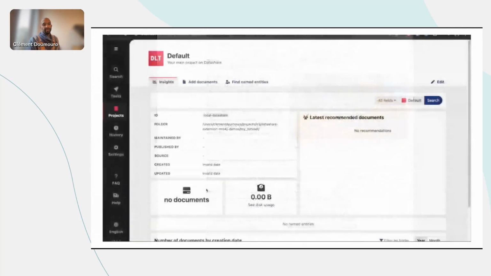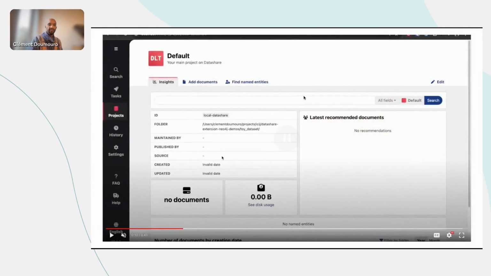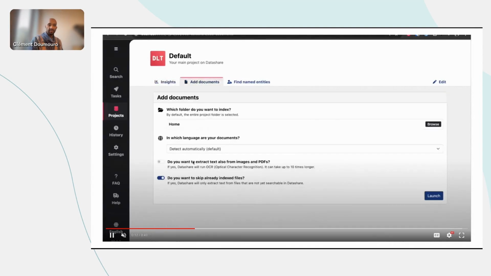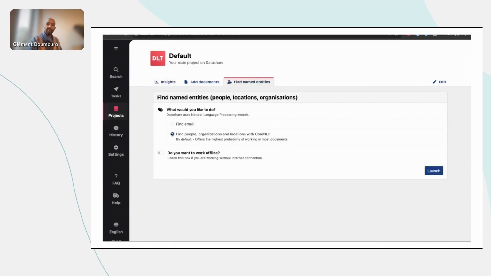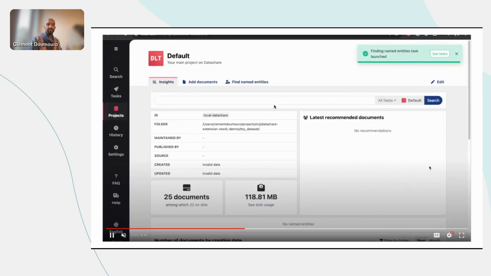So when receiving these documents, the first thing that we will do is to actually add these documents to Datashare. Datashare will extract the text content of the documents using OCR as needed for PDF and images. And then once that's done, you will be able to use named entity recognition to extract names of